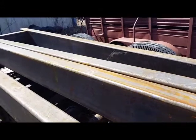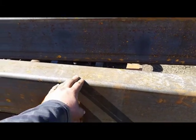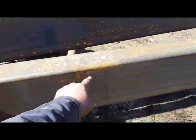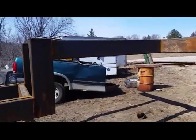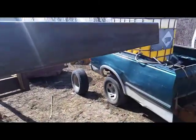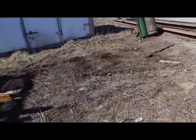See, I got my beams up there, and this is going to be the top of the deck right here, so that my decking boards are going to be recessed 1.5 inches so that they come to level with that. Decided to make it a semi-trailer rather than a gooseneck because I figured this thing's gonna be awful heavy, and